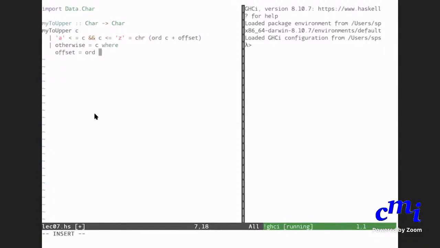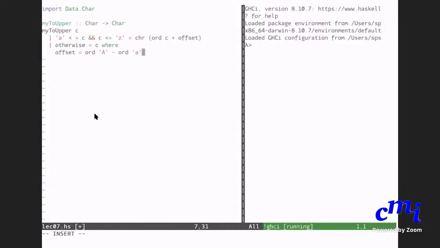If you want to go from the number corresponding to small a to the number corresponding to capital A, what do you do? You do ord of capital A minus ord of small a. That's it. So you first look at the number corresponding to C, add offset to it. The offset is whatever is the difference between the number corresponding to small a and the number corresponding to capital A. So this is it.